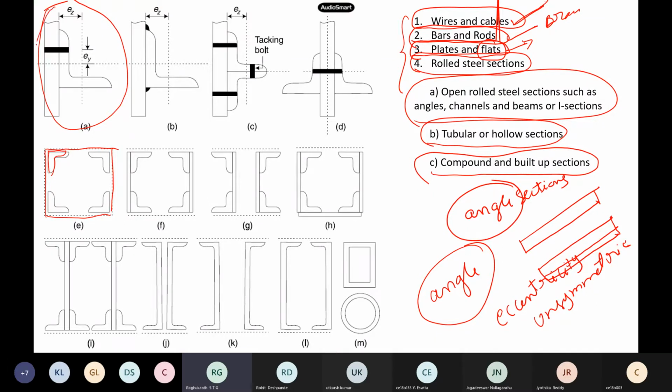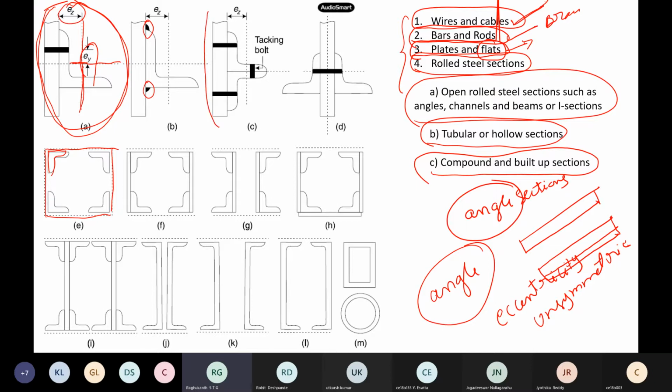Here also, if you see this angle section, this is its center of gravity, the centroid of this angular section. You can see it has an issue both ways, like EY and then EZ, eccentricities. So although you may connect it as angle sections, there may be some problems also. In welding you can arrest this: with unequal welding you can make the CG of the weld and the centroid the same, but with bolts you can't do that.